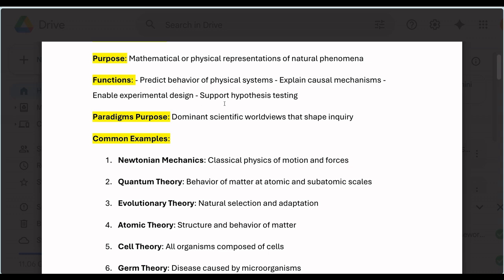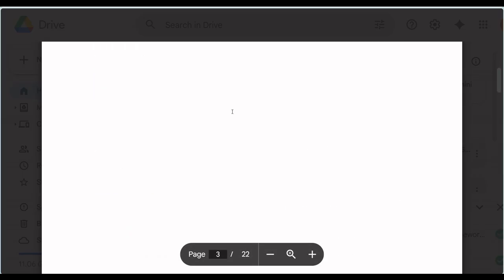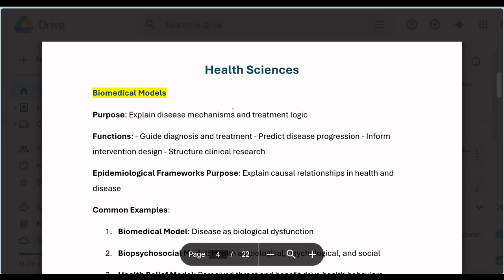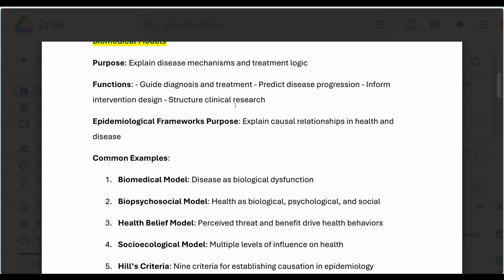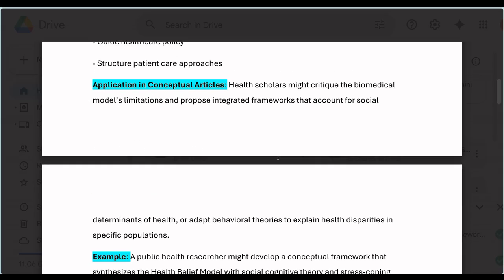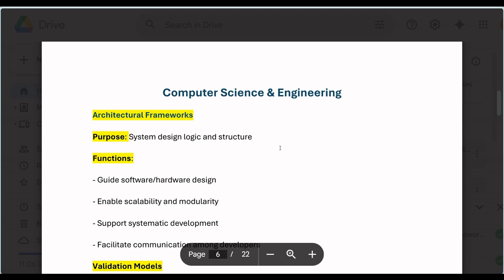And the same thing, regardless of the field. If you go to another field now, in health sciences, they call it biomedical models. It simply is the same principle across the board. That is, if these principles are obeyed, or if this principle holds, this situation is likely to happen, or this will help us to explain this situation better. We are going to share with you this document so that you can make sense of it.